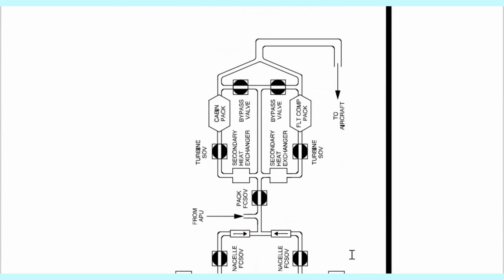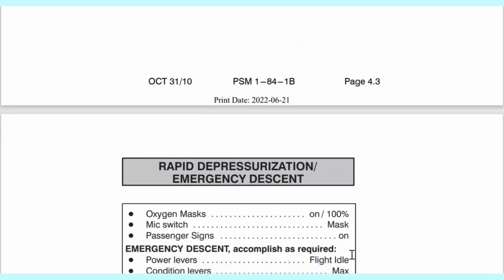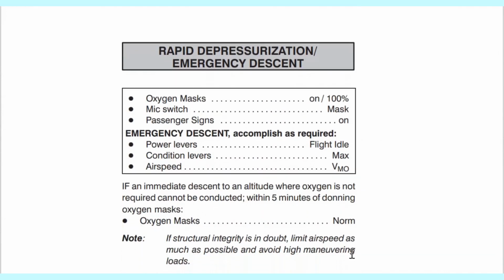So here are the memory items. Whenever you note that you have a depressurization, when you look at your gauges overhead and you know the cabin altitude is shooting beyond 8,000 feet at 25,000 and going above 14,000, you know something is wrong. Obviously you'll be getting an indication with a buzzer, and the master warning light will come on, and also the cabin pressure warning light, which comes on when the cabin altitude increases above 9,800 feet as per the AOM. So these are your memory items that you have to do methodically, systematically, and no rushing.